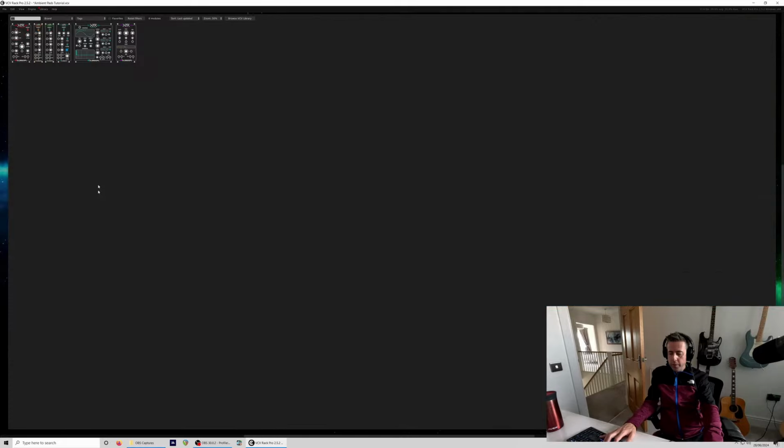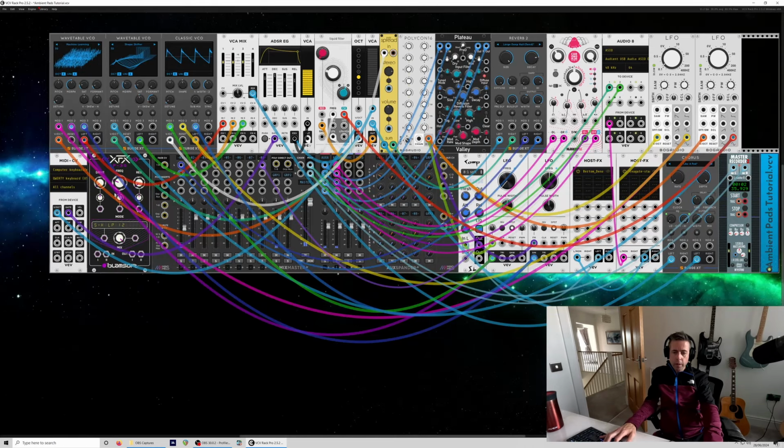I'm just going to grab a filter, which is the XFX filter from Blamsoft. This filter is pretty crazy, to be honest. So if I just take the output from the liquid filter and stick that in here. This filter has quite a few different modes. If you go onto transistor ladder, you've got all these options here, various low pass. One of them is phase, which is basically a phaser effect. So if we turn the resonance up,